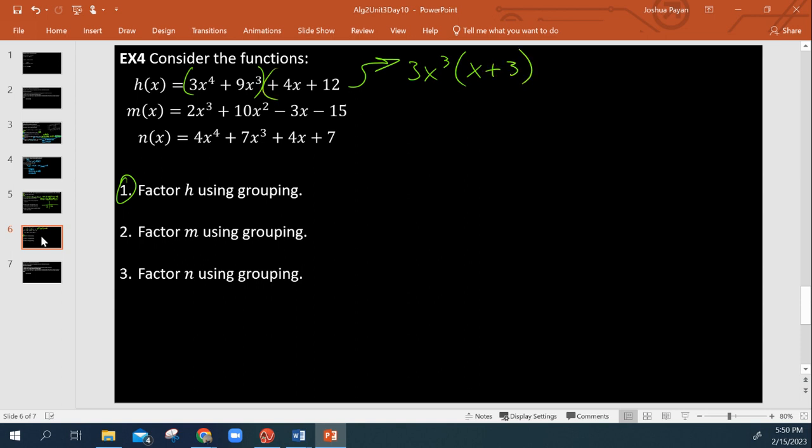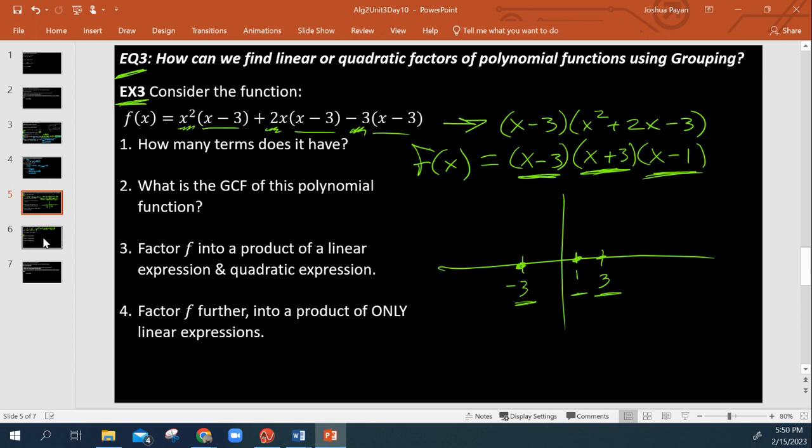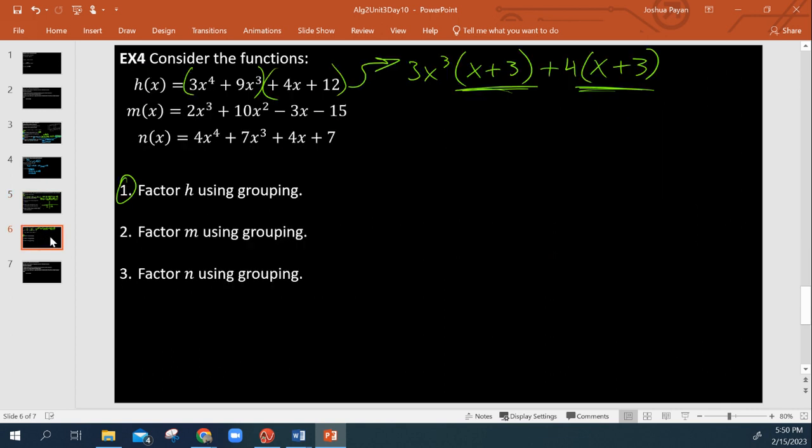Okay, then I look here. So this plus 4x plus 12, they both have at least a 4 in common, right? So then that means I'm going to have a plus 4, leaving me with an x plus 3 again. Then we see we have an x plus 3 we can factor out, much like what happened over here, right? Factor out the x plus 3,